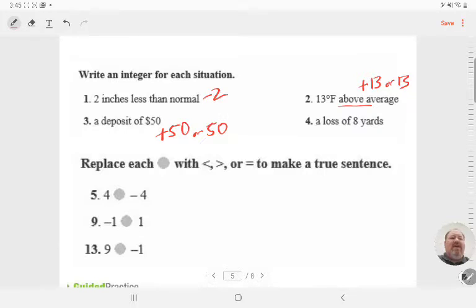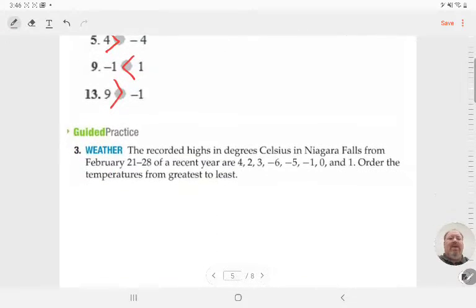And a loss of 8 yards is -8. And then replace the gray circle with less than, greater than, or equal to make the sentence true. Let's see. 4 is greater than -4. -1 is less than 1. And 9 is greater than -1. Okay? And then lastly,